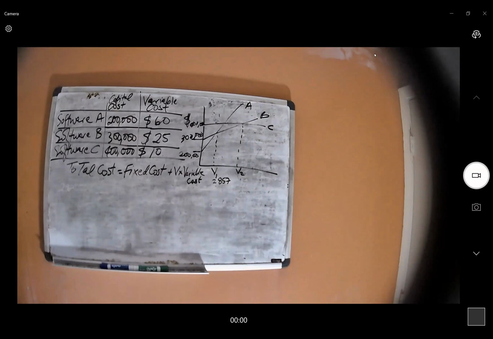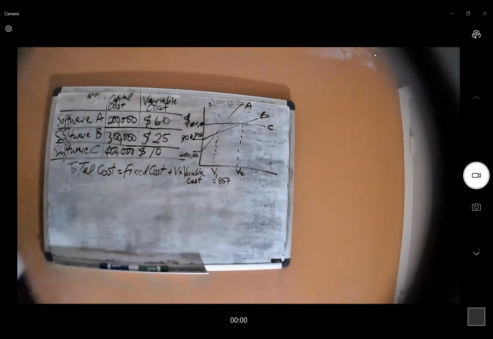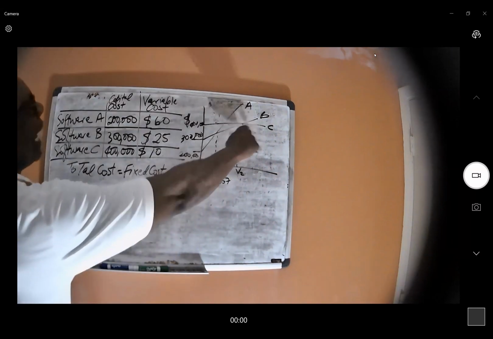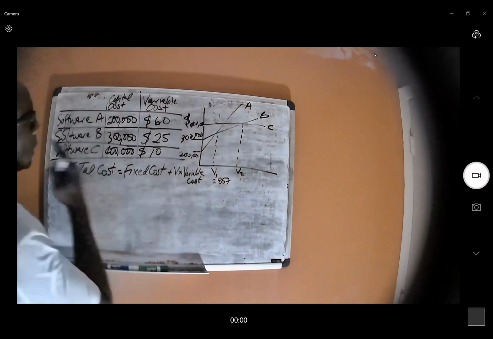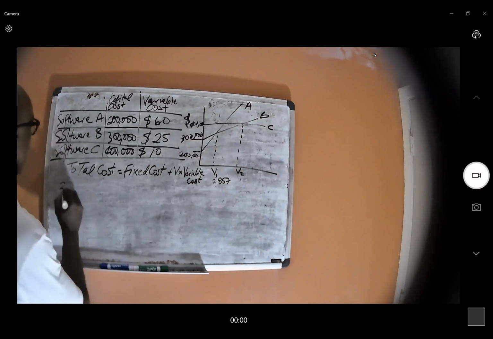So we found V1. Now we need to find V2. Again, it's the same thing. It's where B and C intersect. So the total cost for B is going to be fixed cost 300,000